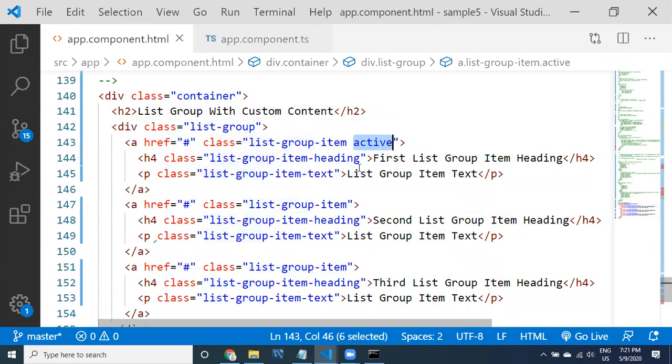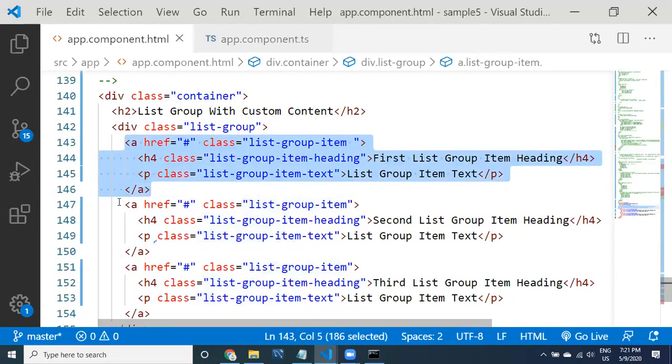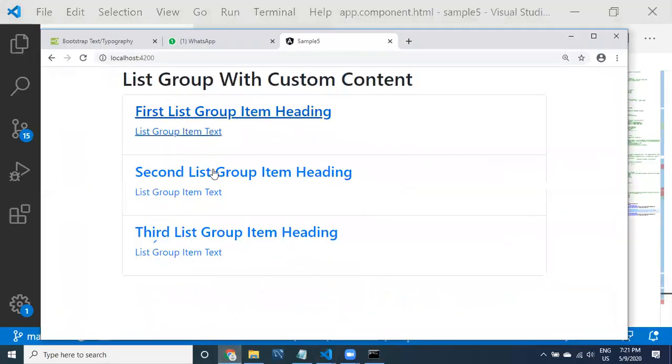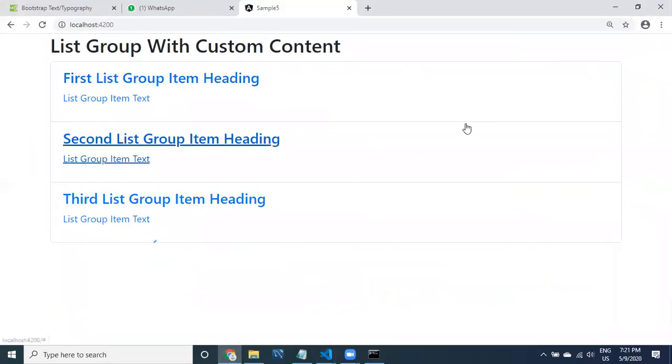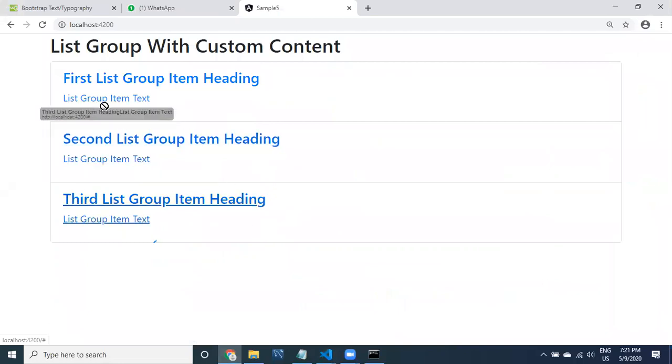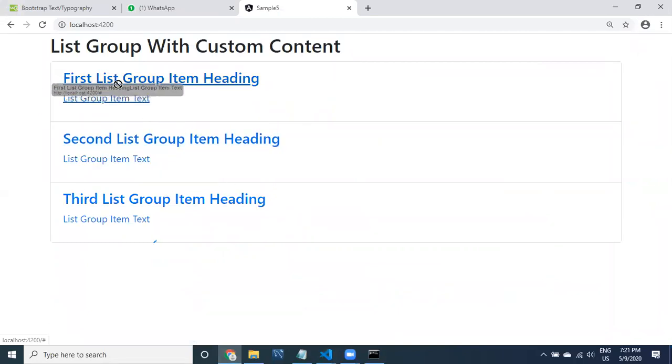If it is active, it is going to display some extra styling. Let me remove that active class. So let's look at it, guys. If you provide it like this, see here how it is getting displayed. These are the items it is displaying. These are the Bootstrap specialities, because I used a combination of classes related to Bootstrap.